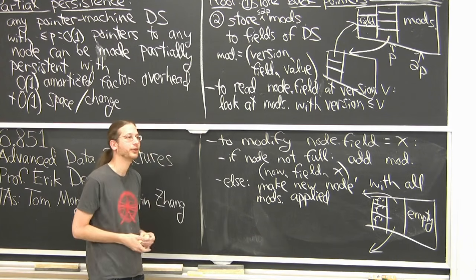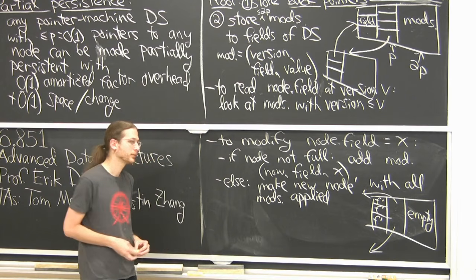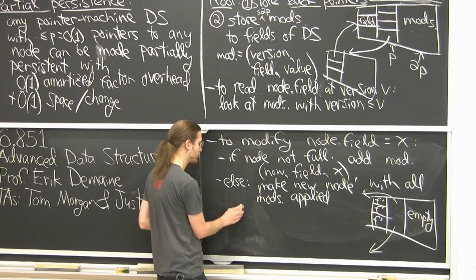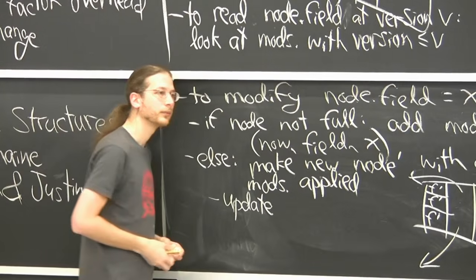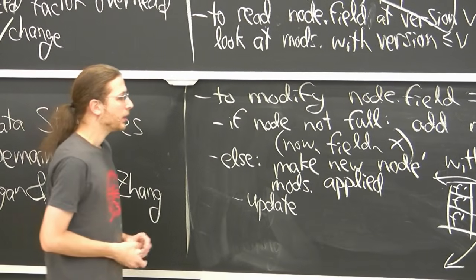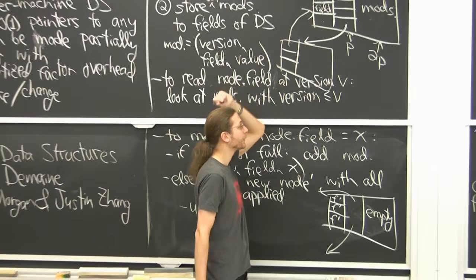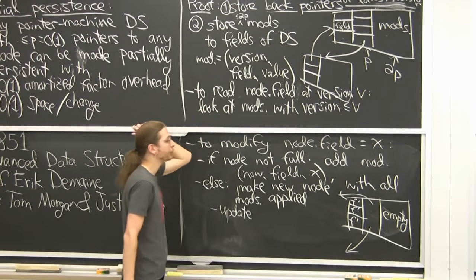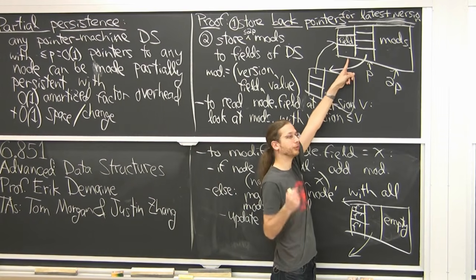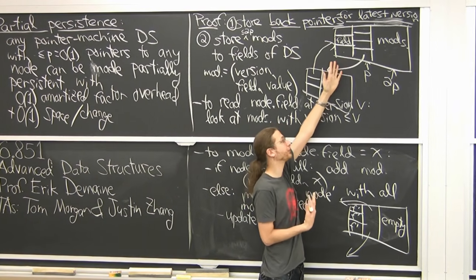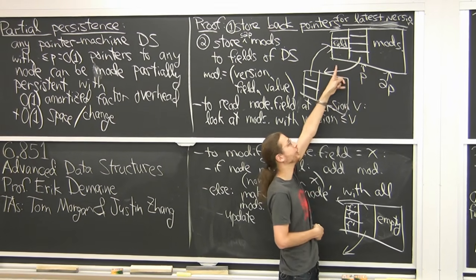Another question? In the new node that you created, the fields that you've copied, you also have to have a version for them, right? Because different fields might be a different version. Or do you version the whole node? Here we're versioning the whole node. The original field values represent what was originally there whenever this node was created. Then the mods specify what time the fields change. So I don't think we need times here.